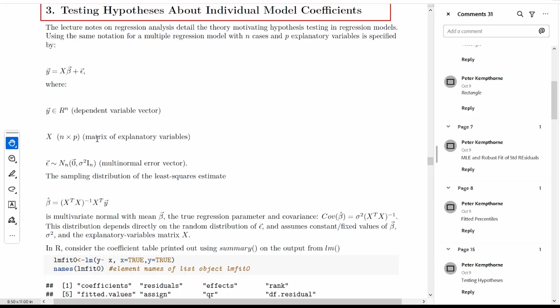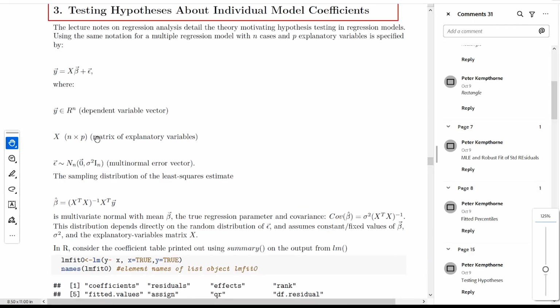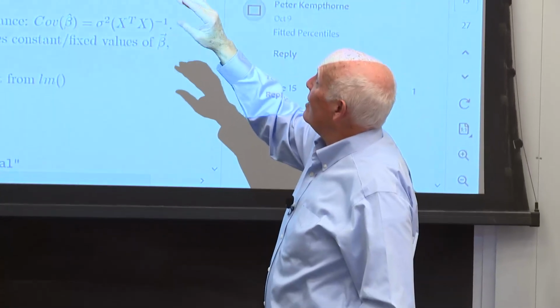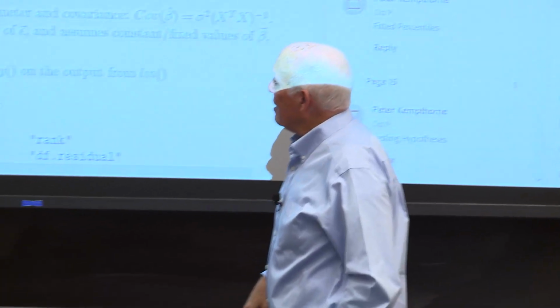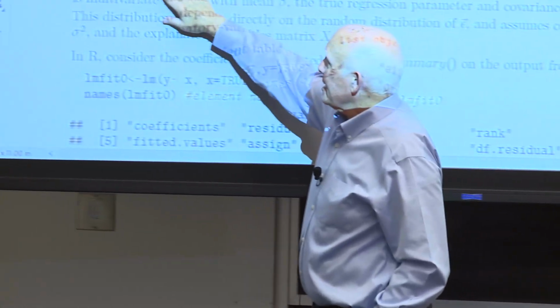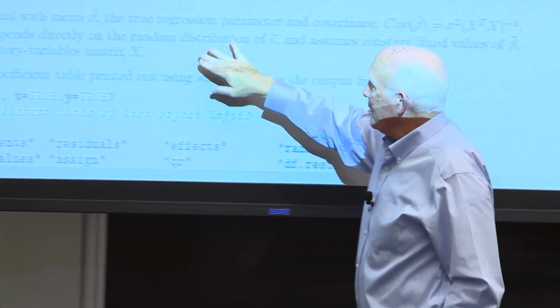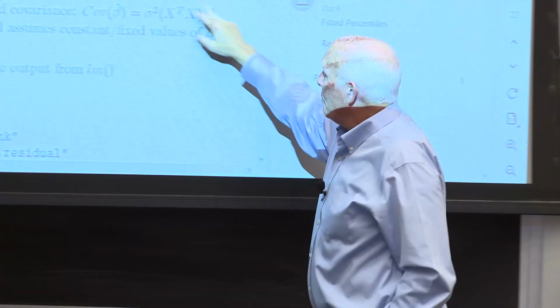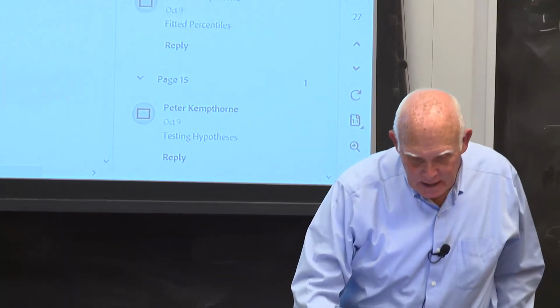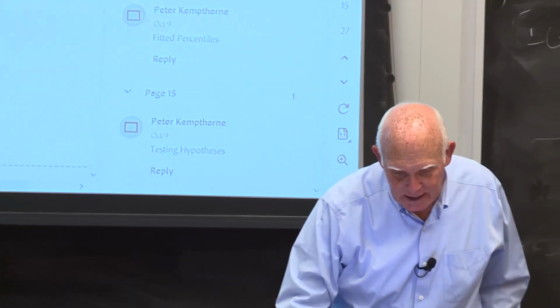And then there's this section on testing hypotheses about individual model coefficients. If you have this on your computer, you can probably see it a little better than seeing this screen here. But with our testing of individual coefficients, we basically use the fact that our least squares estimator is multivariate normal with mean equal to the true beta vector and covariance matrix given here. So we can make various tests